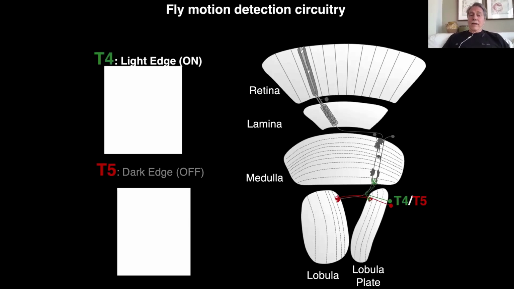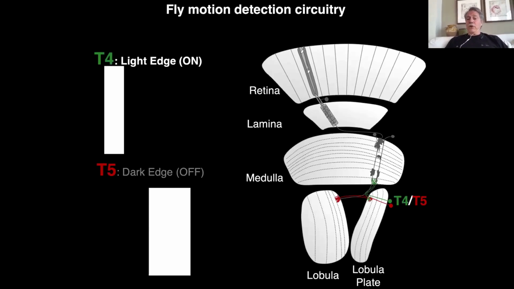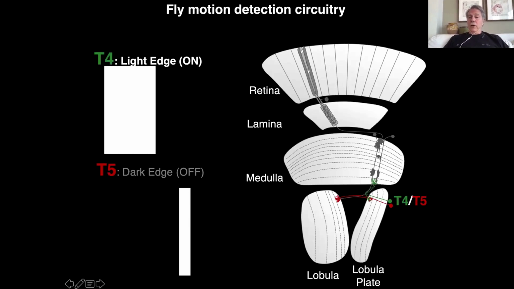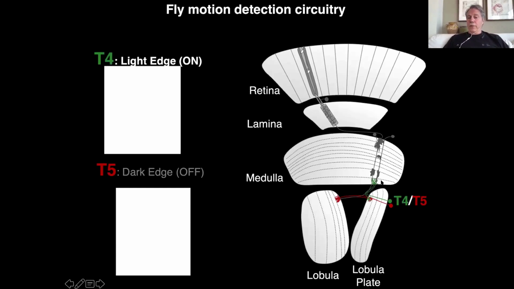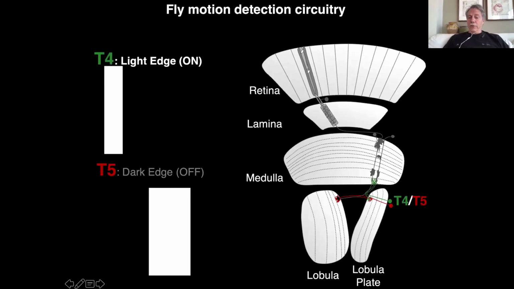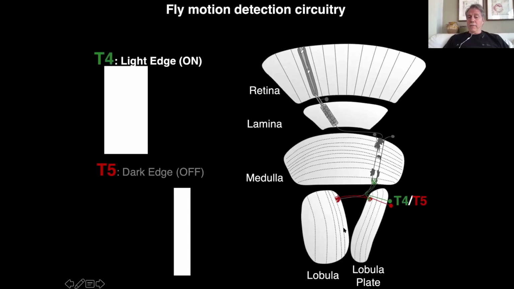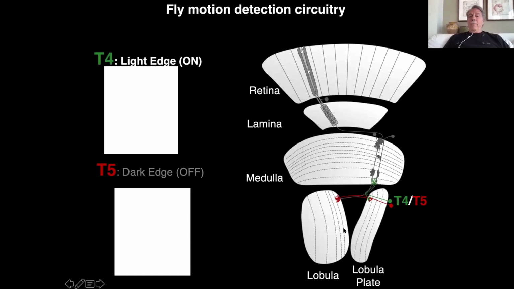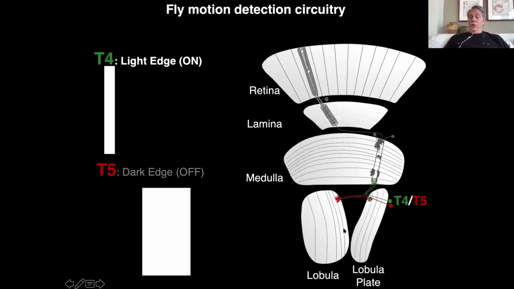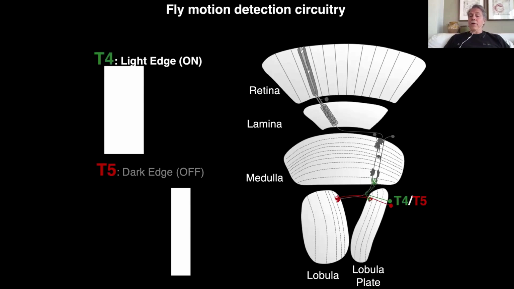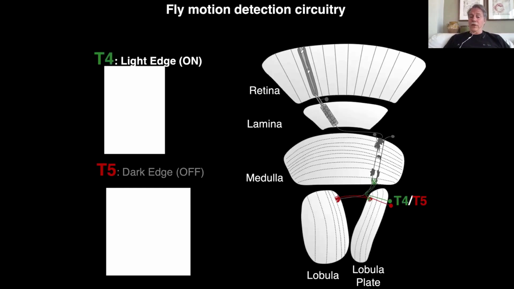Okay, so there are 2 types of neurons which are actually projecting to very different parts of the optic lobe, because T4 projects to the depths of the medulla, whereas T5 projects to the surface of the lobula here, okay? So very different projections, but I told you there are actually 8 neurons. Where does 8 come from? Simply because there are 4 types of T4 and 4 types of T5.